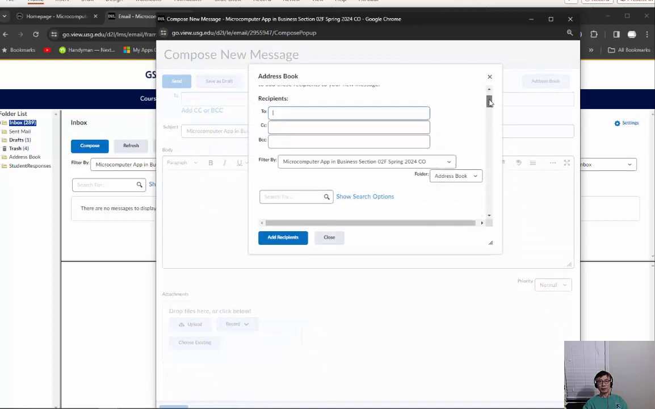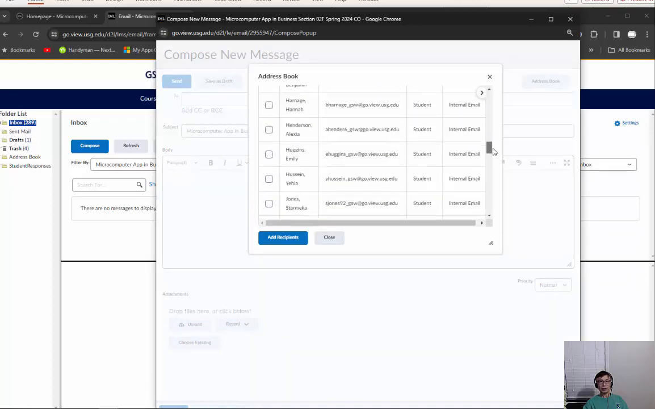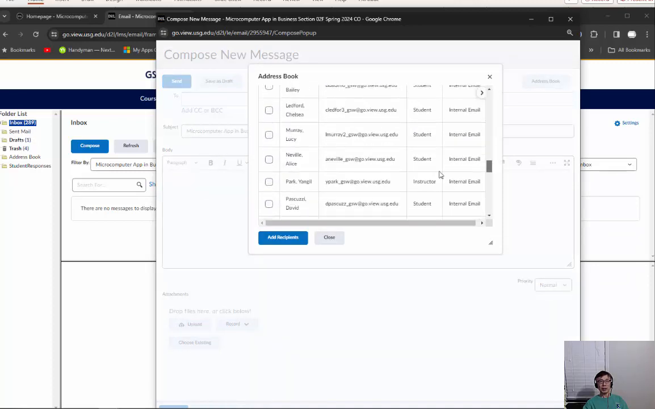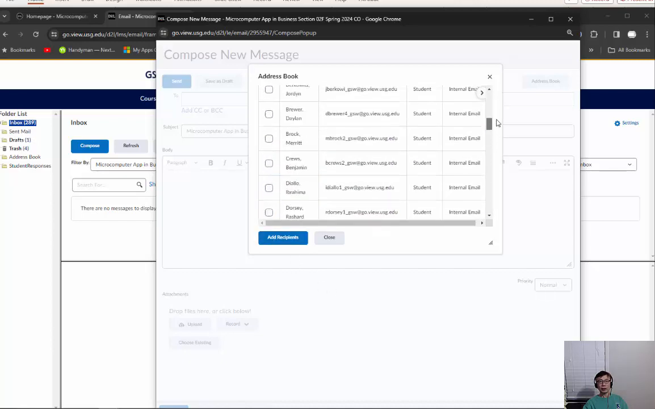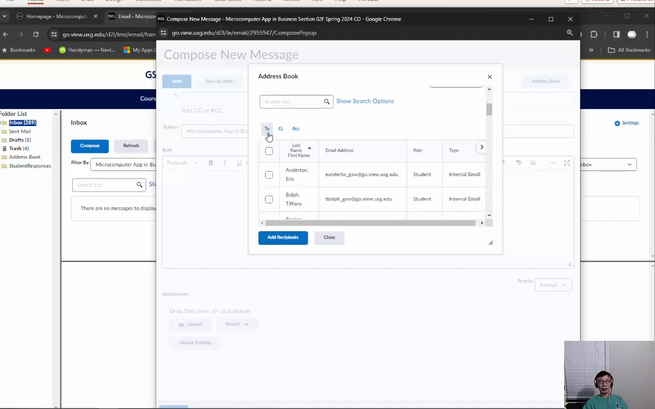It'll give you a list of individuals. So let's say you're going to send to me, Park. Then you need to click "To" right here, okay, To, CC, BCC. But you need to click To so that this address goes to the